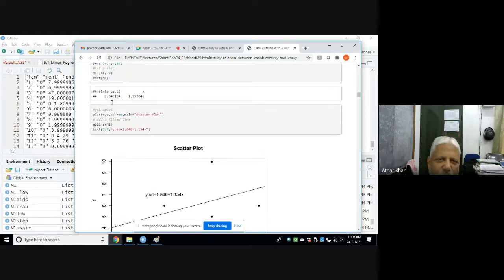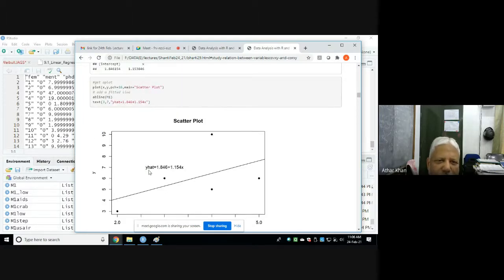Now we can plot XY, with plotting character 16, and the main title of the graph is this one. We can run these commands, and here is text. We want to write a text in the plot. So to write this text, we first give text and then 3 from here,